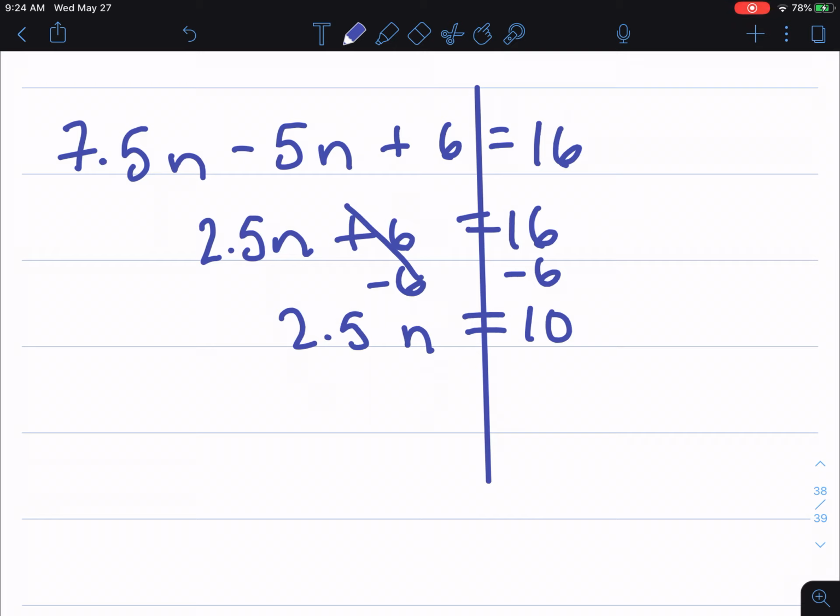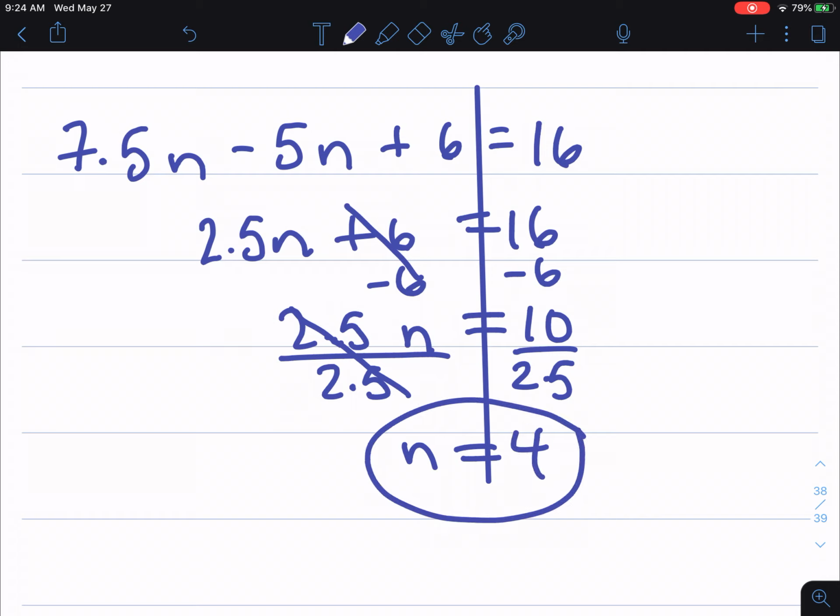Now I can deal with that 2.5. The opposite of multiplying by it is dividing by it. So I'm going to divide both sides by 2.5. Okay. So I have, this one will become an invisible 1, and n equals 10 divided by 2.5, and that equals 4. n equals 4. Very good. Next one